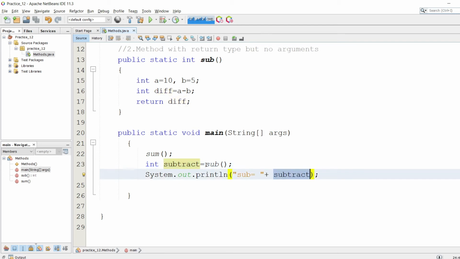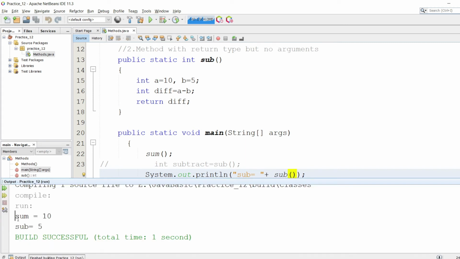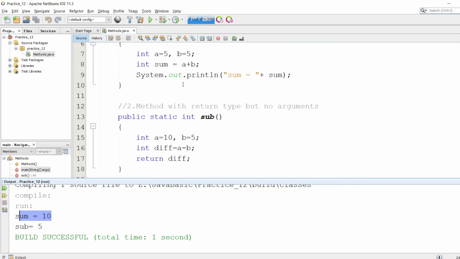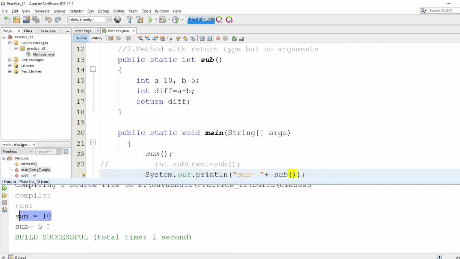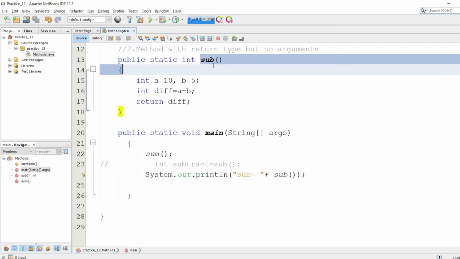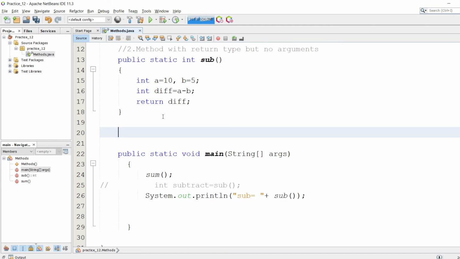This can also be modified here as sub directly. This also works fine. As you can see, it's giving me the same result of sub. The sum is from the first method and the sub value is from the second method. So let's see the third type.